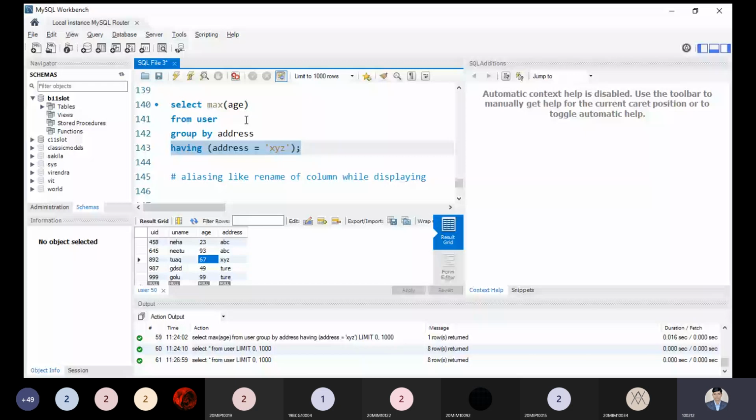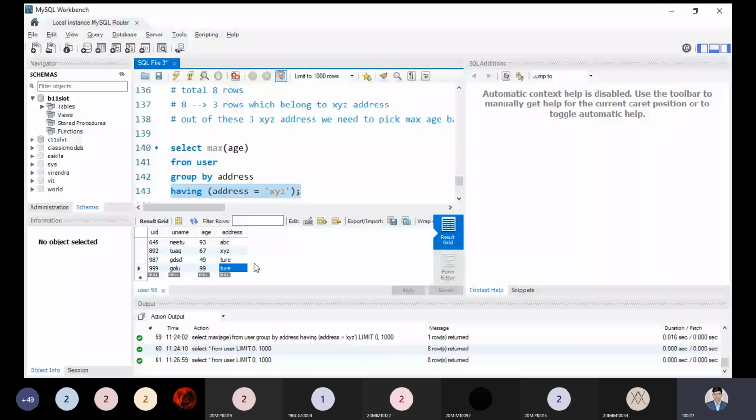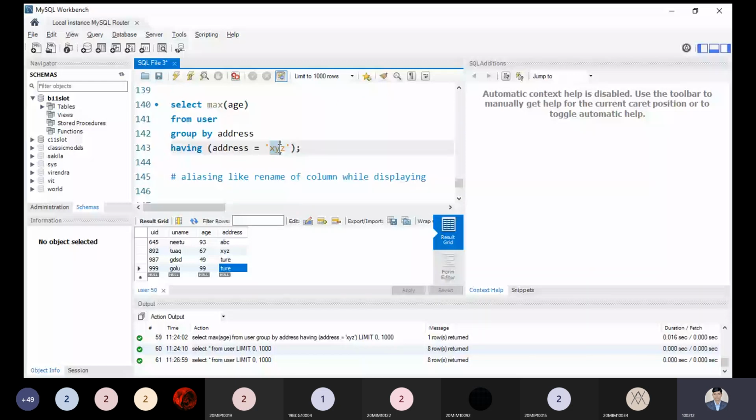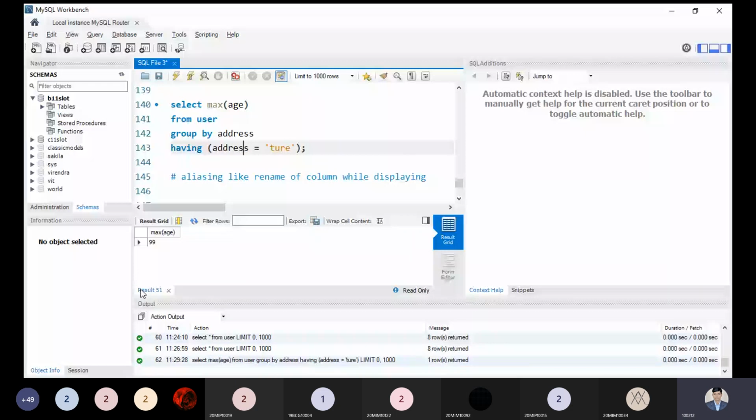From this point, you will be able to see we have TURE 2 times. We have 49 and 99. So instead of this one, you can use TURE. I need to display the maximum age of the person from the address group. How many address groups do we have? One is XYZ, then QYZ, ABC, and then TY. So there are 4 different groups. Let me execute this code, and the answer should be 99. 99 is coming over here. You can choose any one of the groups, whatever you want to. In this address, we have the 3 addresses, and we are getting the 87. That is the reason.